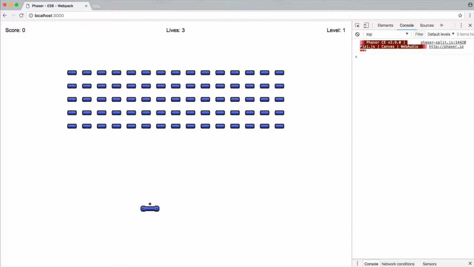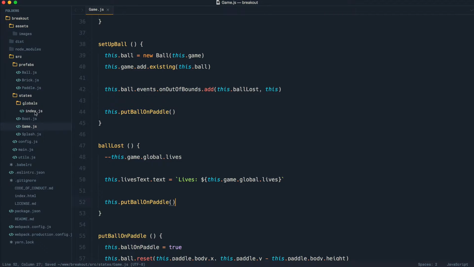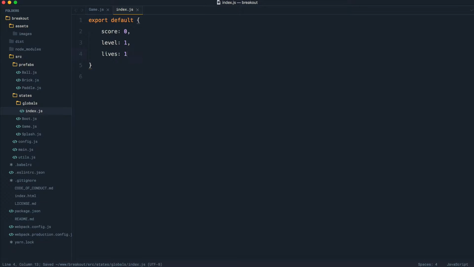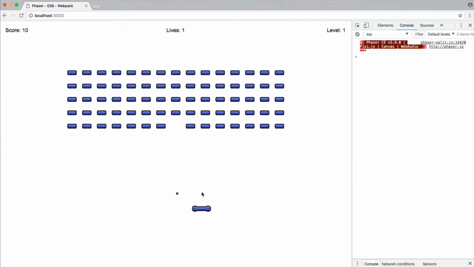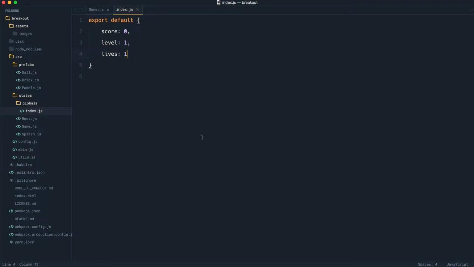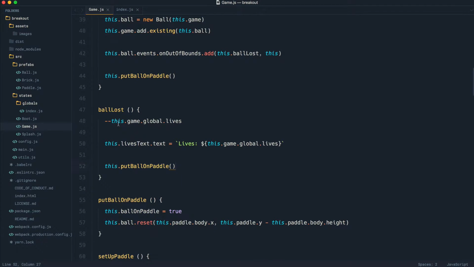To make this a little bit easier to test out, before we go anywhere, I'm going to come over to our globals just here, and I'm going to set lives to 1, just so we only work with 1 life, and we can go ahead and check this immediately if lives is at 0. Now, when we go ahead and call that method that we've just looked at in the last part, ball lost,